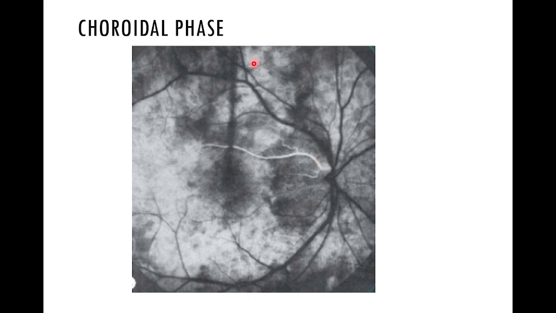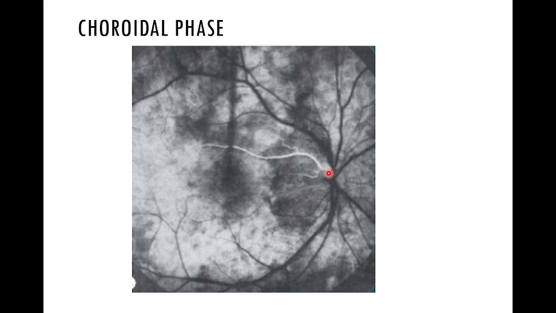Apart from that, we can see these hyperfluorescent areas, that is, initially the choroidal circulation will show patchy lobular filling. Choroidal flush will be there, and that's followed by the leakage from the choroidal vessels. This fluorescent dye gets leaked from the choroidal vessels, so diffuse leakage of the choroidal circulation will be seen. That's why diffuse hyperfluorescence will be seen here. That's why we are not able to study the choroidal circulation with fluorescein angiography, because the choroidal vessels leak the fluorescent dye.